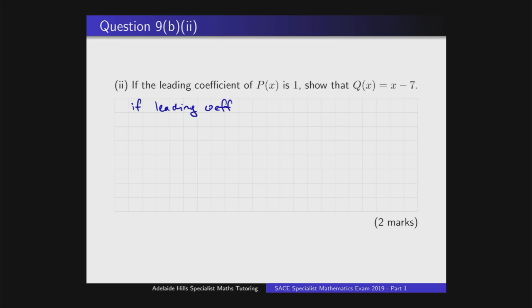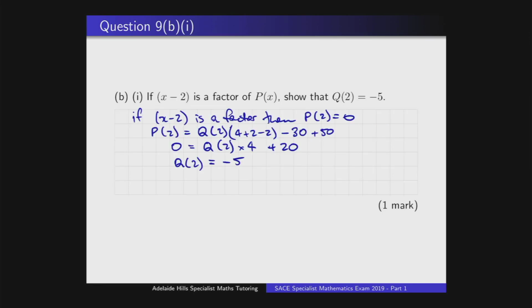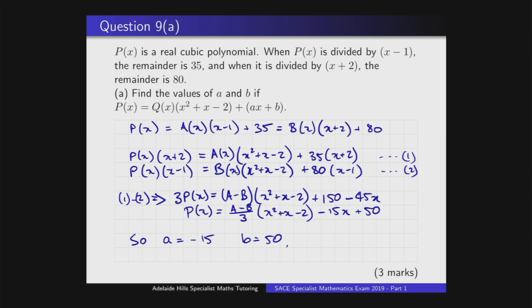So if the leading coefficient is 1, then q of x has to be equal to something that looks like x plus q naught, where we have to work out what q naught is, because q1 has to be 1. Because if you go back and have a look at the expression here, we've got p, which is a cubic, and it's equal to q times this quadratic here, and there's no cubic terms over here, and so the only place where the cubic term is going to come from is something in q multiplying by x squared,